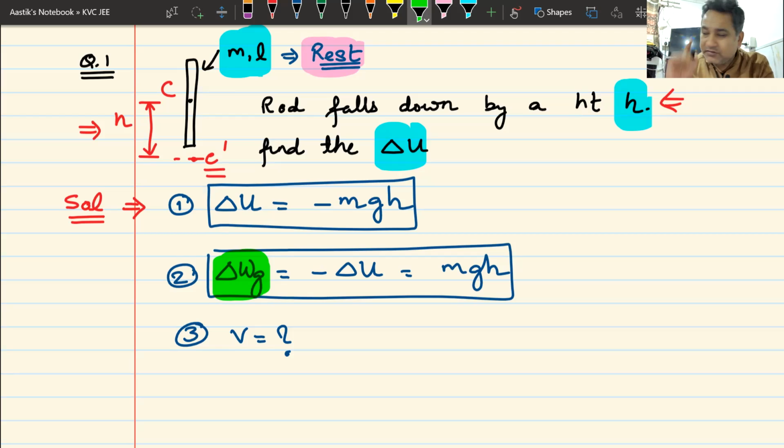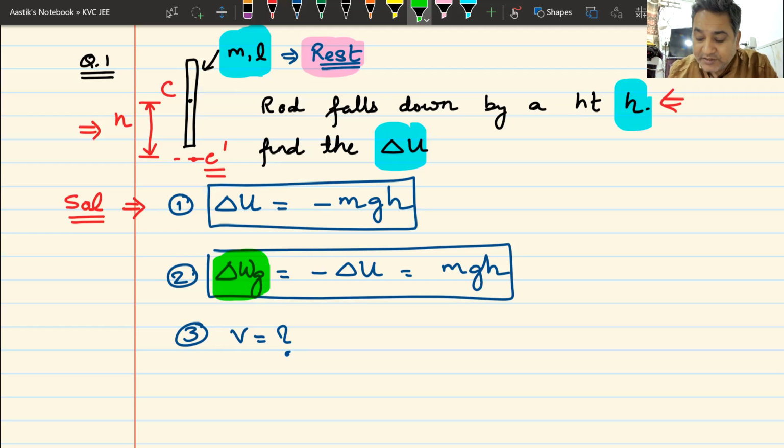But I must warn you that you only apply that acceleration thing when acceleration is asked. No one is asking you acceleration here. Why are you applying acceleration here? Did I ask you what is the acceleration? No, I did not ask you that. If I'm not asking you something, you're not supposed to reply on that thing. Because if you're finding out the acceleration, you are adding one more step in the problem. And that is what you can't do.